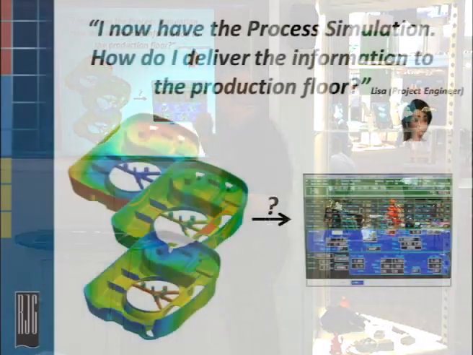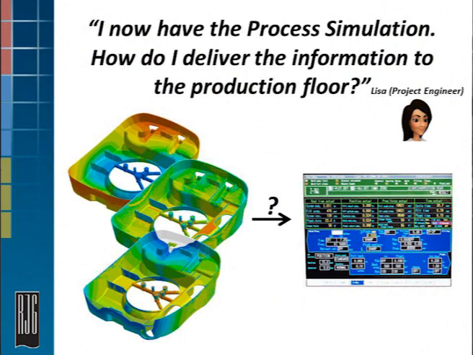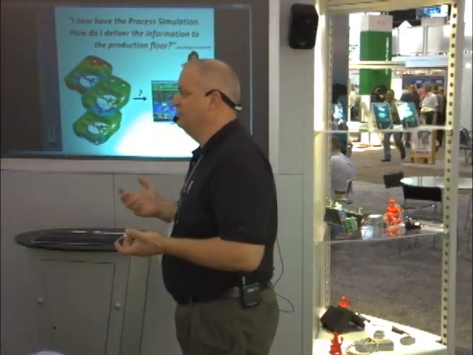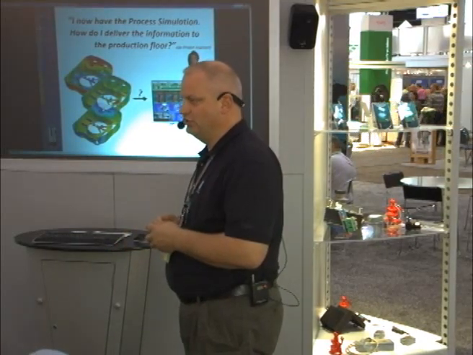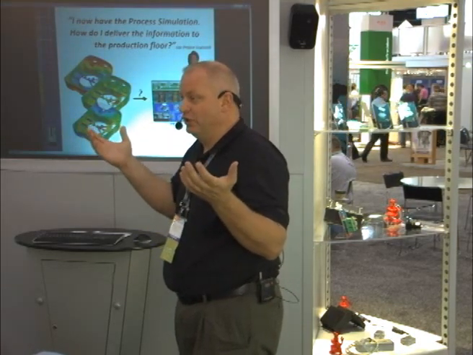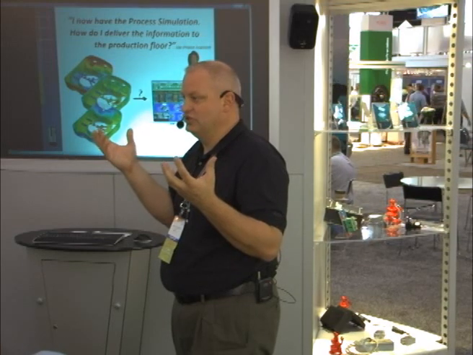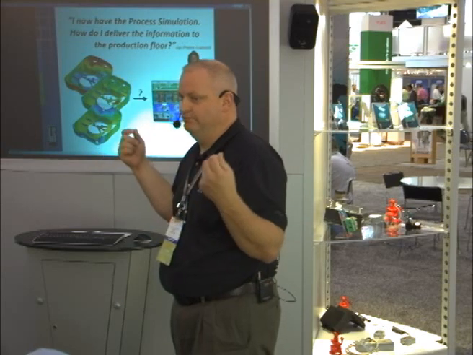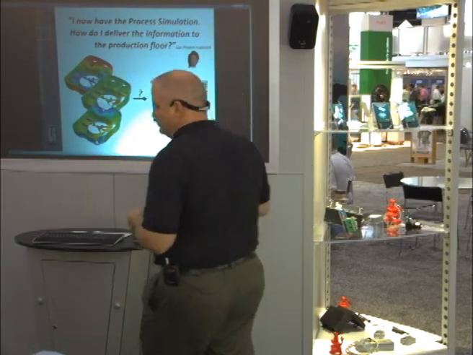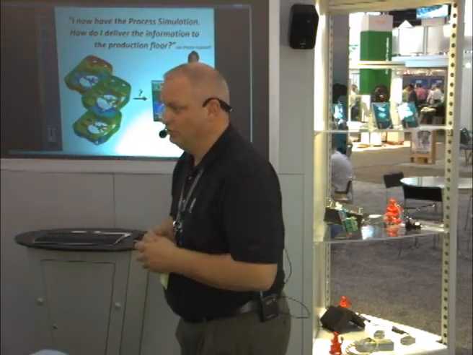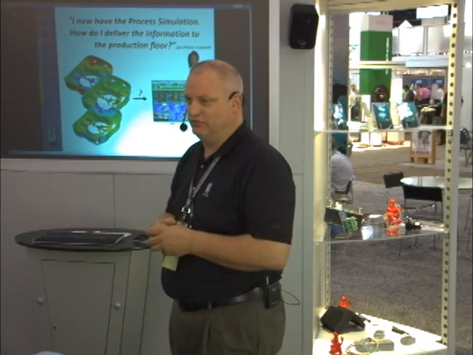So we have this project engineer, her name is Lisa. She's gotten some process simulations done, and now she has this data, okay? She's done some risk analysis. She understands her machines and the different work cells that she wants to run in, which means that she has a group of machines, but all those machines have different parameters, and she's come to a common denominator from a standpoint of looking at screw size, barrel, clamp tonnage, the types of cavitation that she wants, and really she's made her decision that she wants to run a 4-cavity